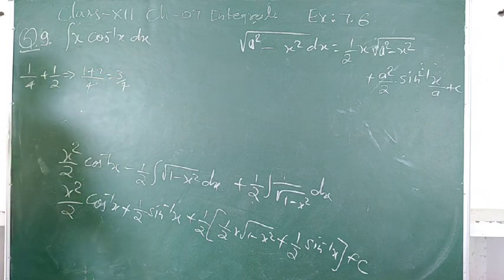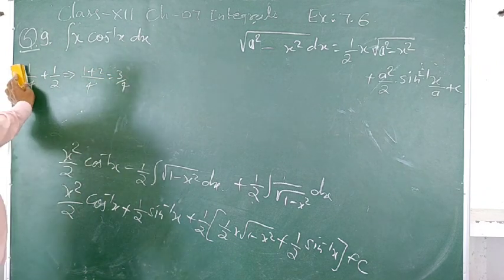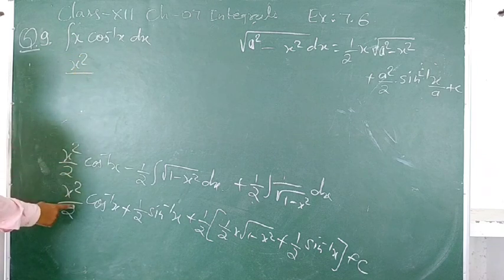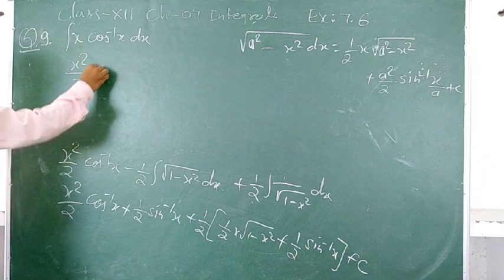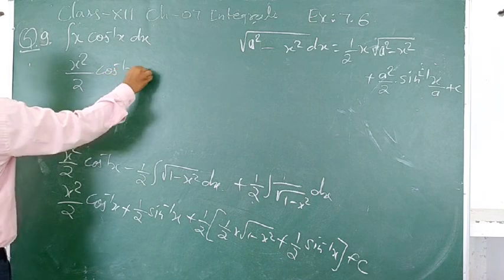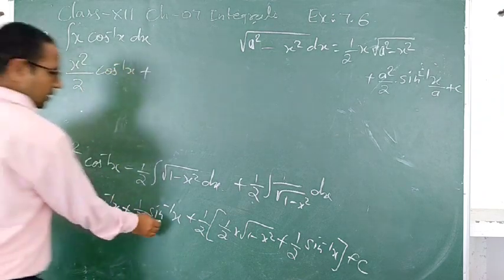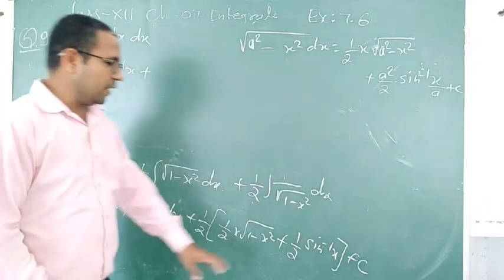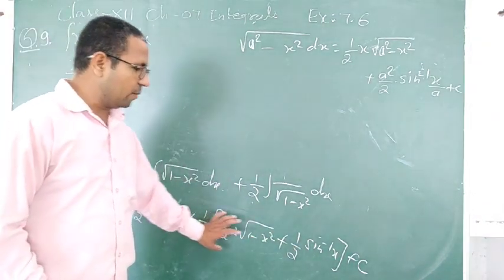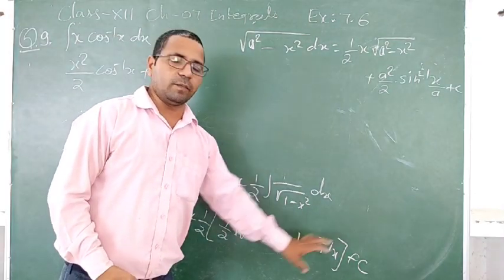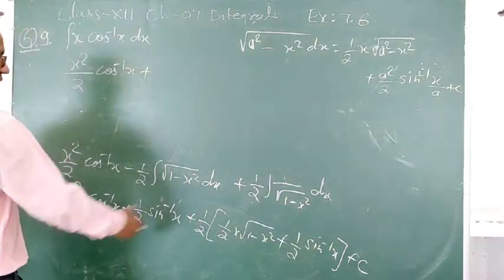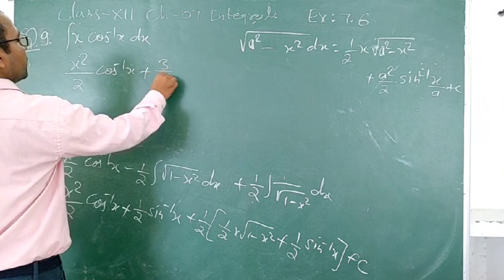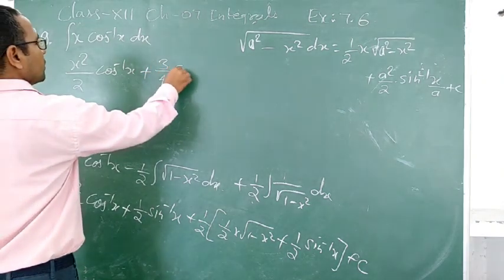So 3 by 4 sin inverse x. x square by 2 cos inverse x will be as it is, plus this and this 1 by 4. How are we getting 1 by 4? Because 1 by 2 we are multiplying with this term, so we get 1 by 4. So 1 by 4 plus 1 by 2 is here. So total 3 by 4 sin inverse